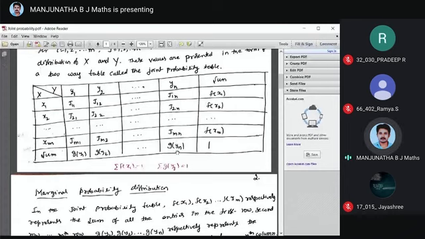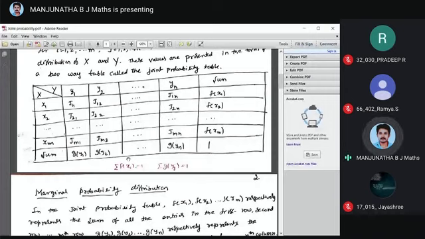If you take the sum of f of xi, it equals 1. If you take the sum of g of yj, that is also equal to 1. Therefore, that is a PDF. So the condition is a must: summation of f of xi equals 1, summation of g of yj equals 1. Then we say that that is a PDF. The joint probability distribution, that is also a joint probability table, that is also a PDF.